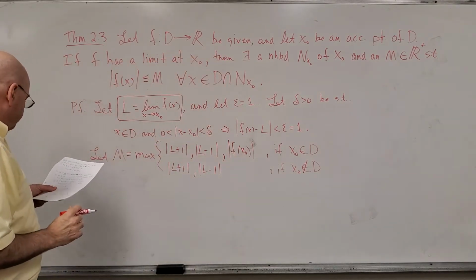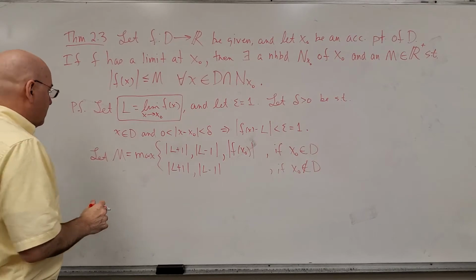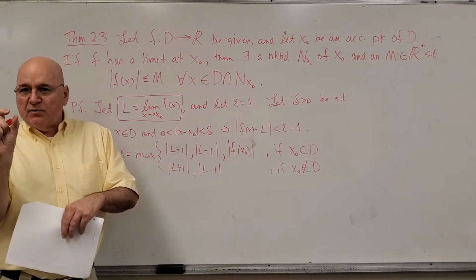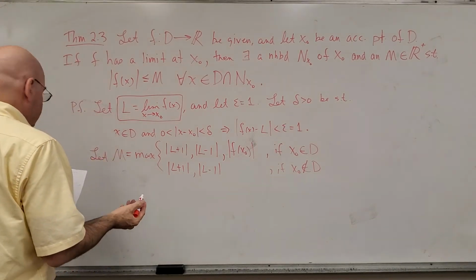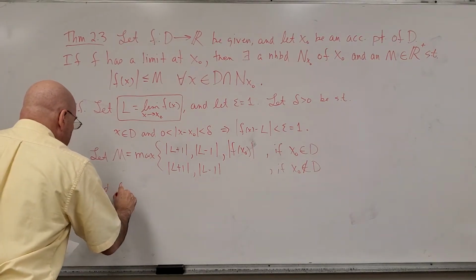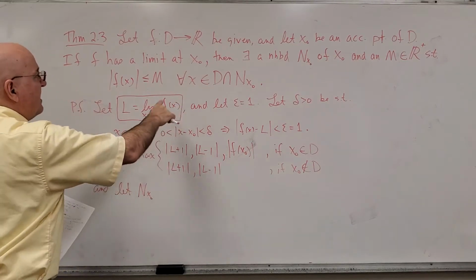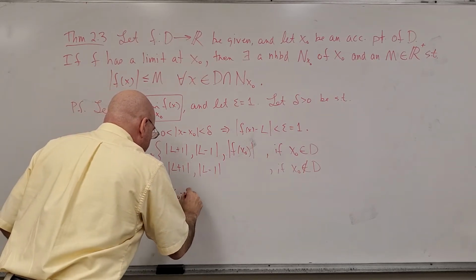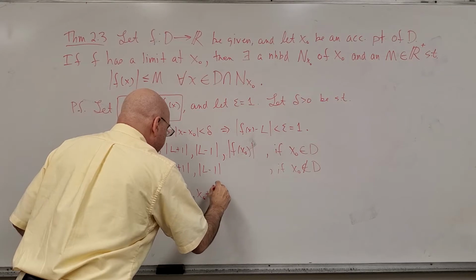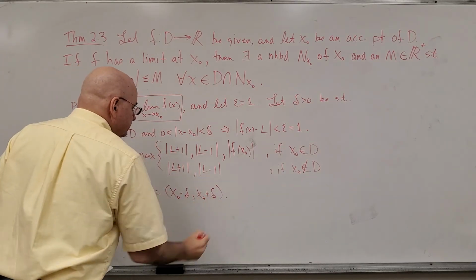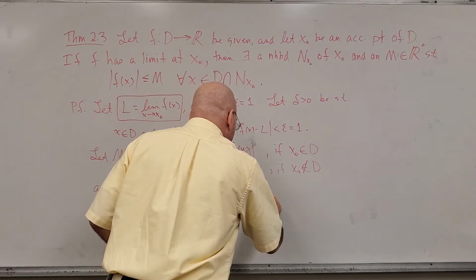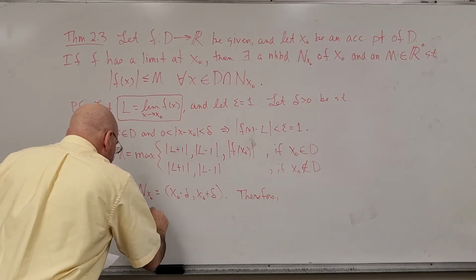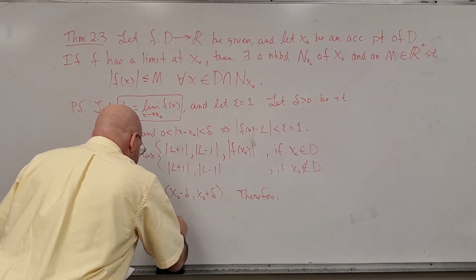Okay. So we're going to define our capital M to be this. Notice that's the bound. Capital M is going to be the bound around this little neighborhood of x naught. So I'm going to say, let my neighborhood of x naught, which I need right here, be x naught minus delta to x naught plus delta. And I'll finish it off with a therefore: x in that intersected with the domain